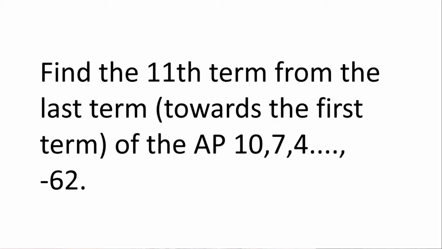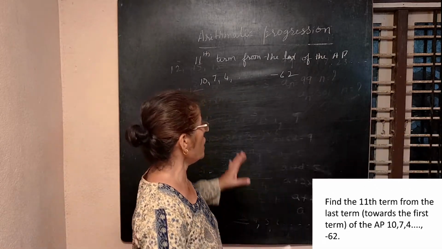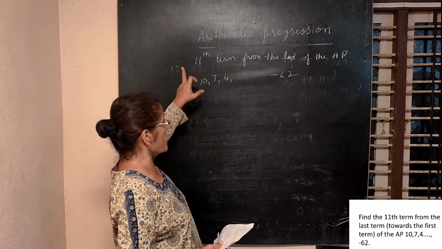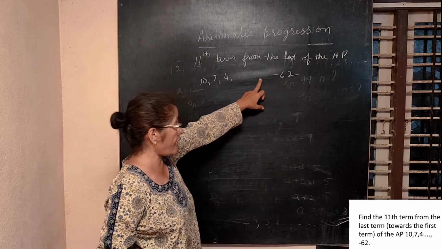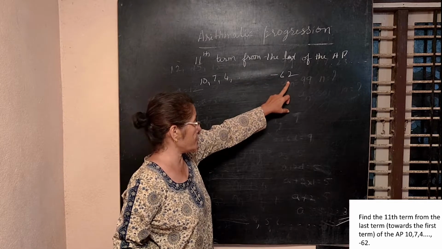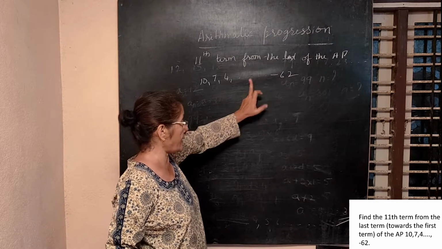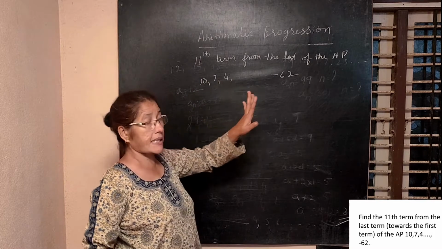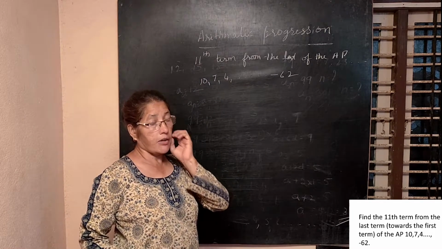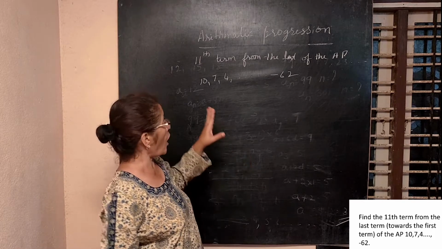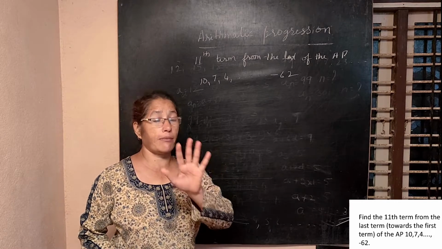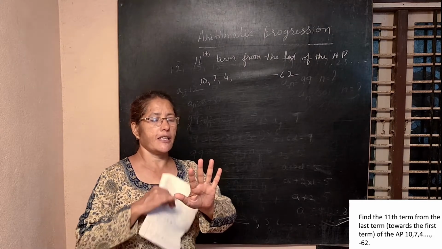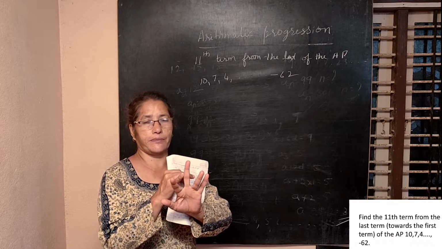Suppose if you understand this clearly, you will be able to solve it very easily. Which is the 11th term from the last? So, from the last if I take, which is the 11th term? This is the first term. Next one is the second term, like that. So, this could be done by two methods. First, we can do one thing. How many terms are there in this, I can find out. In my hand there are 5 fingers. So, which is the middle finger? Third finger.